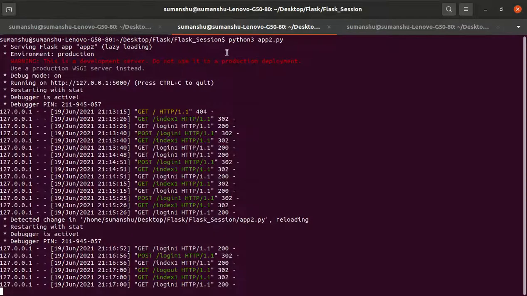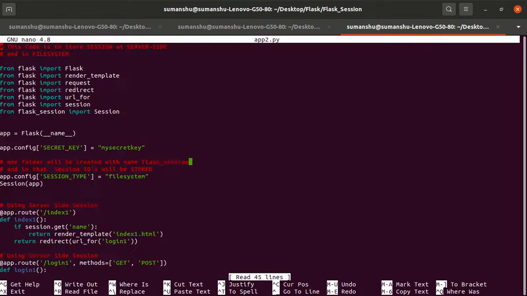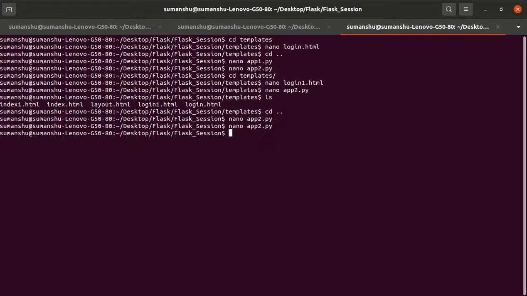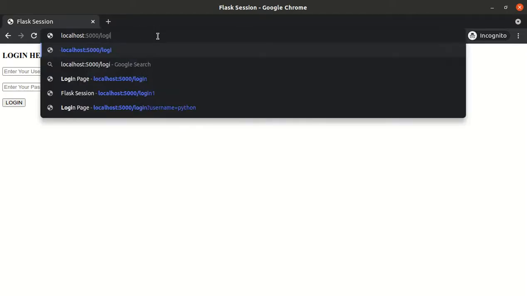Yeah, there was an issue with an extra space after this filesystem, so I removed that. Now let me show you.